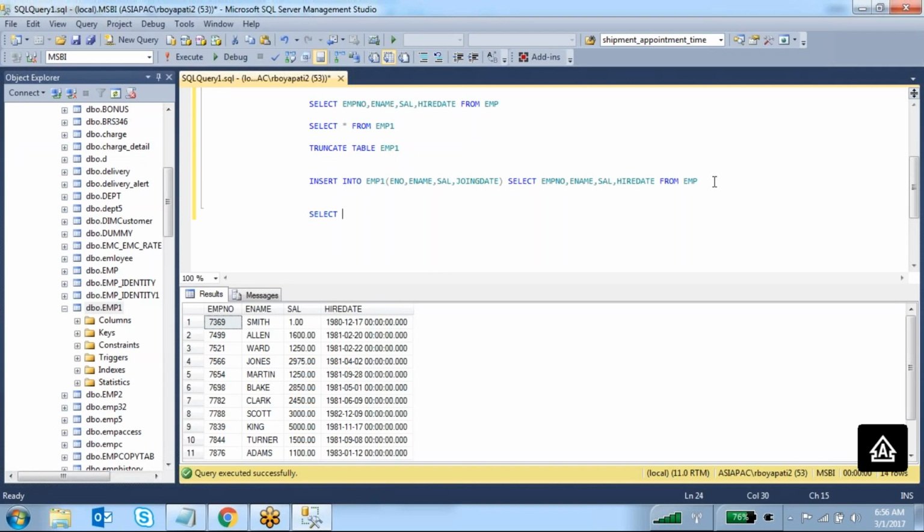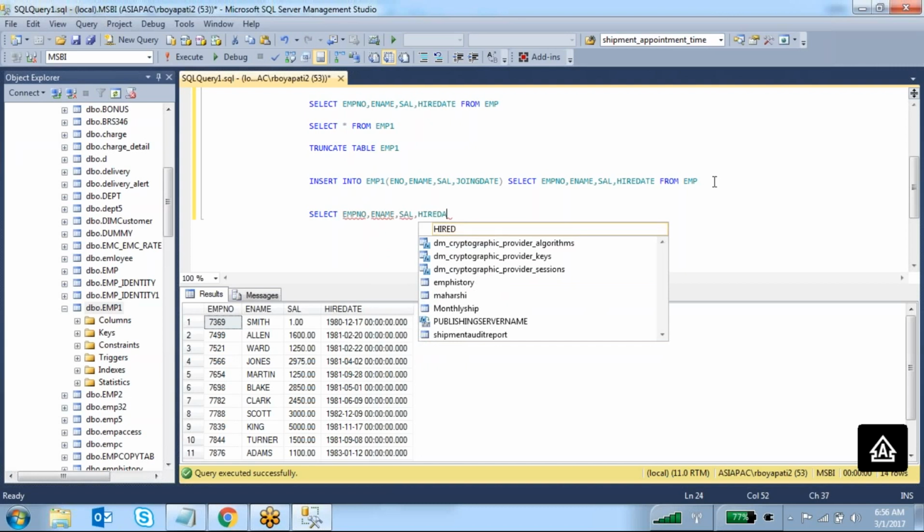Select what are the list of the columns you are going to fetch from the emp table. You have to specify employee number, employee name, salary, hire date.